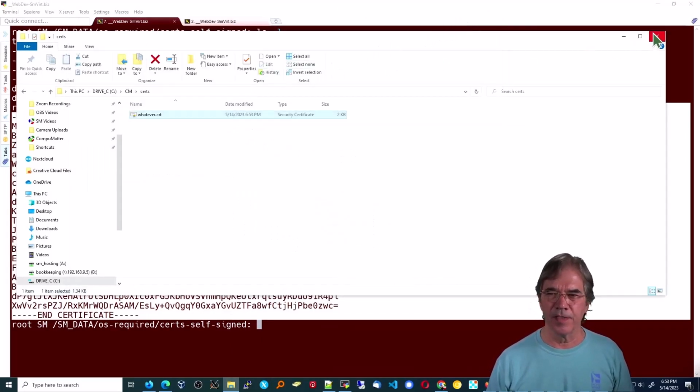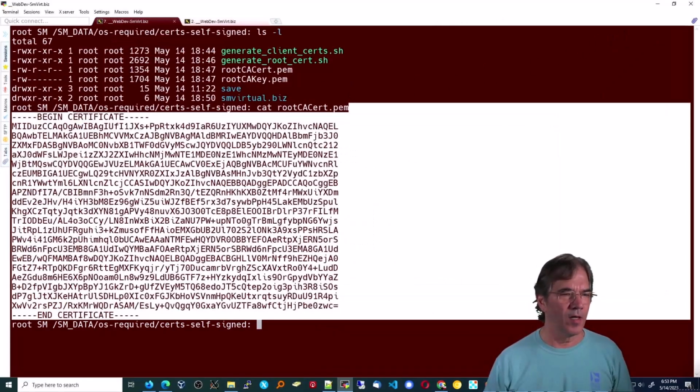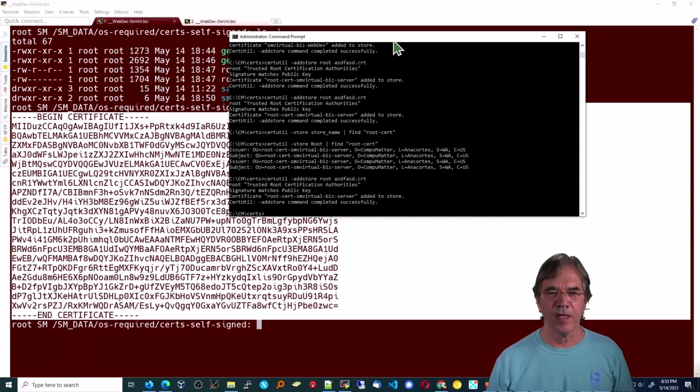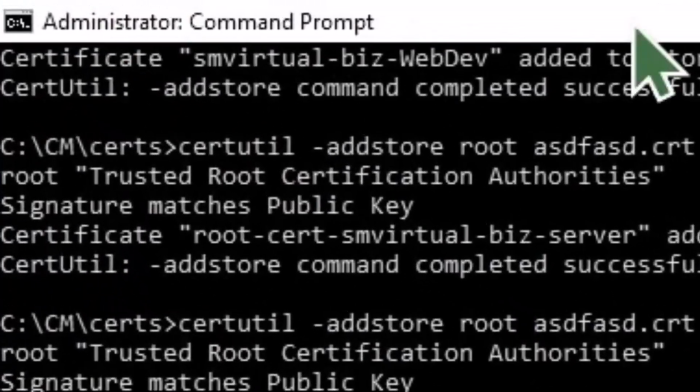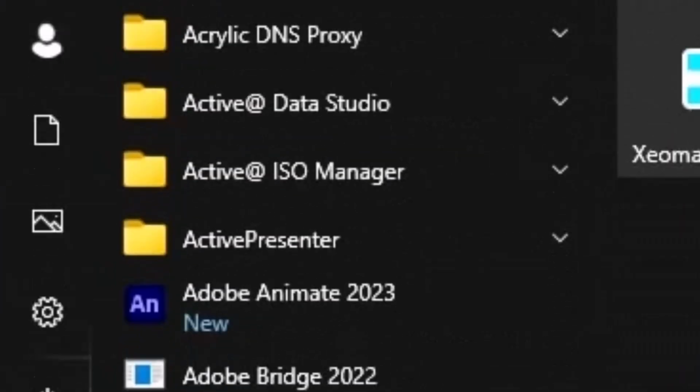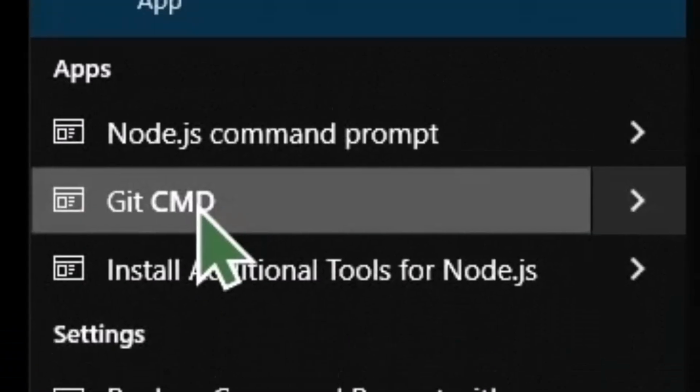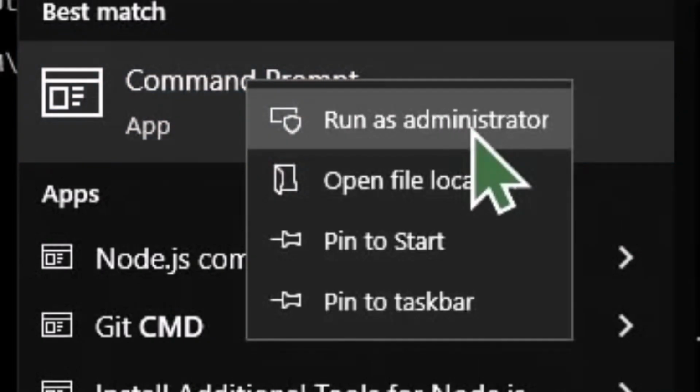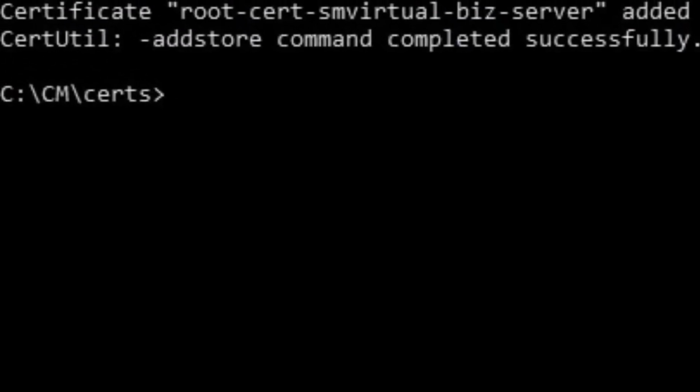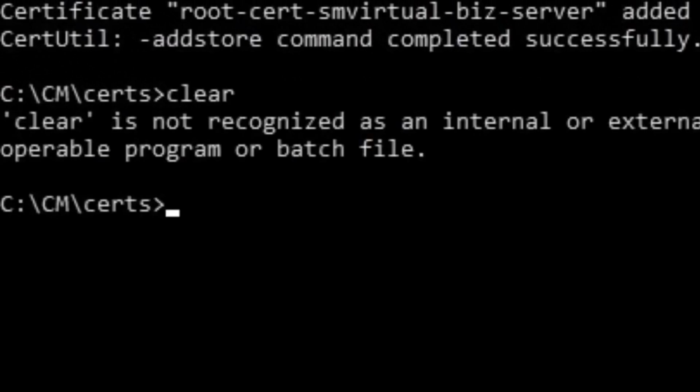I'll minimize that, minimize this, and we'll come back to a DOS prompt now. Now you want to open a command prompt as administrator. You should be familiar with that, but if you're not, CMD, right click, run as administrator, and that gets you here. And then we're going to use